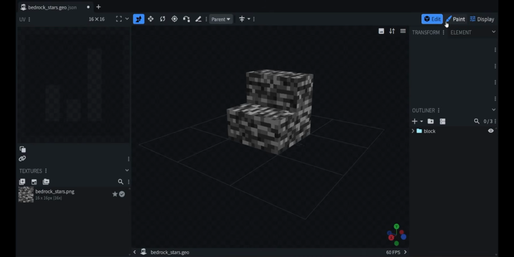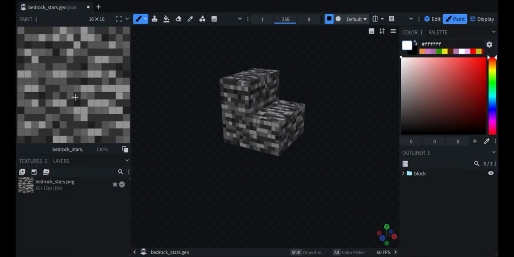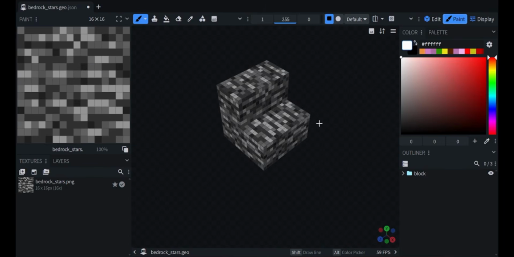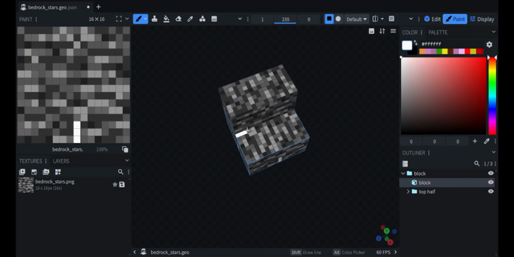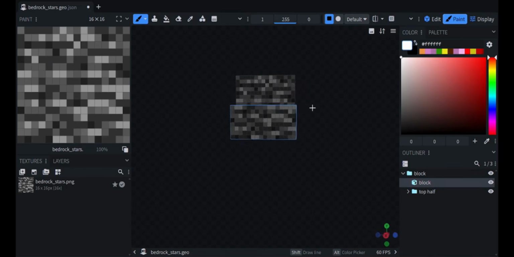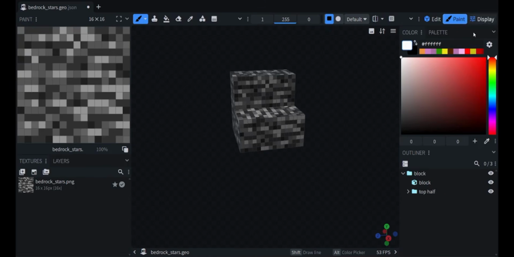So if we go into the paint tab here, this is where we can paint. So on the right here, we can draw lines all over here, and it will show on our texture. We can press Ctrl Z to undo anything, but we can also directly paint straight onto here and press Ctrl Z. So I'm going to leave it because I like this, and we're going to go into this display tab in a different episode. So if we press Ctrl S,